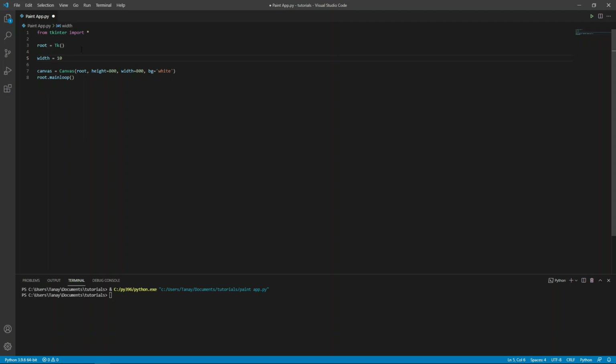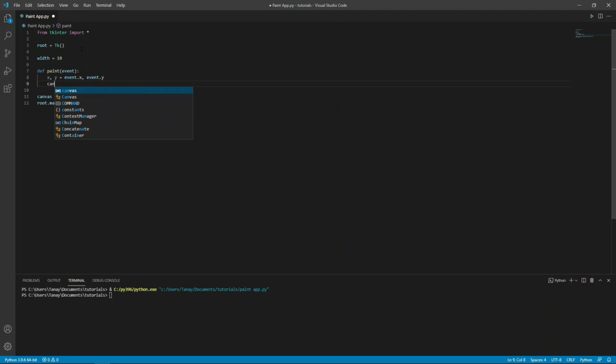Let's make a function which will draw a circle on the position of the mouse and its name will be paint. Def paint event. x comma y equals to event dot x and event dot y.